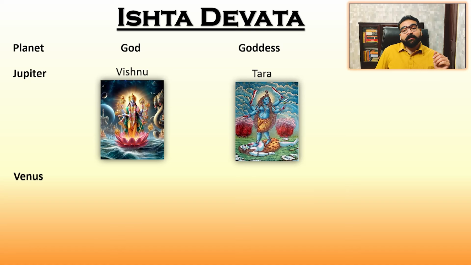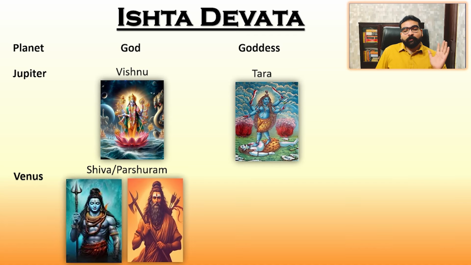Then Venus. First of all, Venus is a female planet, so mainly it is goddess. But if you look at the gods, it represents Shiva and Parashuram. Parashuram is an incarnation of Vishnu, but Shiva, and mainly it will be the mantra of Mrityunjaya. So if Venus is profound, like Sun and Venus are together, it shows Shiva. Worship of Shiva is excellent, but mainly the mantra of Mahamrityunjaya, because Shukracharya,